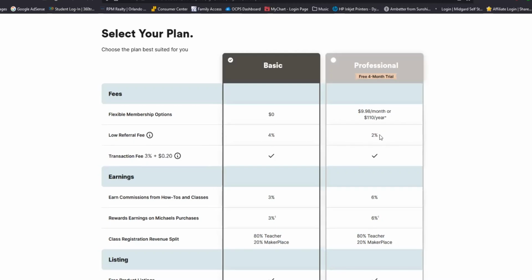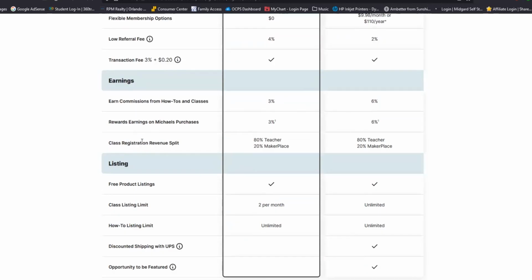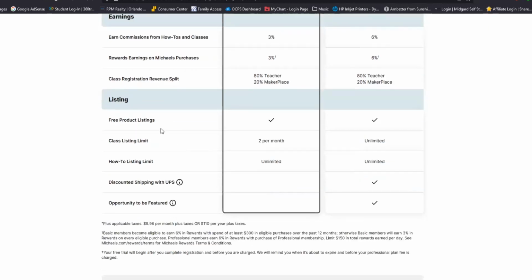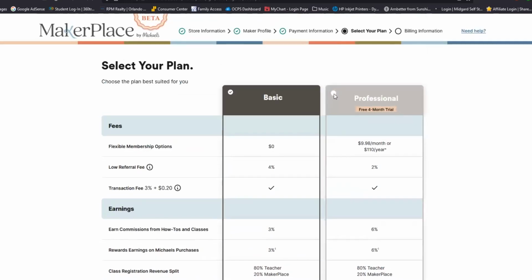Oops, I keep clicking on this. And if you scroll down, we talk about the earnings, so what you can make percentage-wise. And then here are the listings that you can do. So you can create unlimited classes with the professional plan. If you're not planning on doing classes, this might not be a determining factor for you. And then they also offer discounts with UPS and the opportunity to be featured